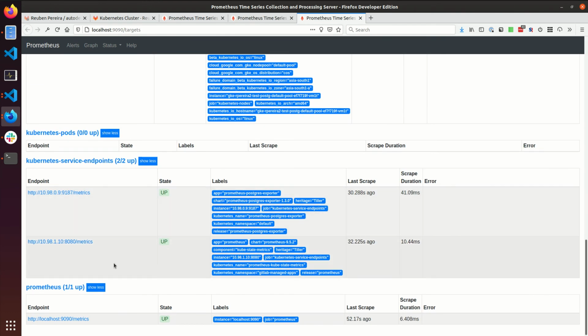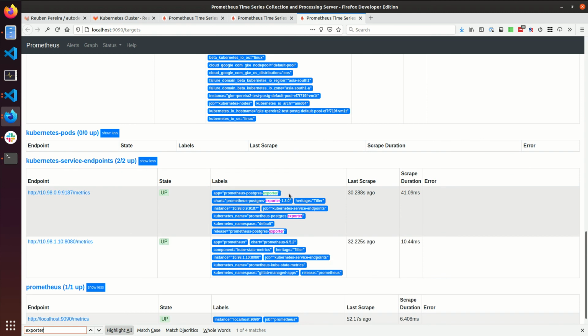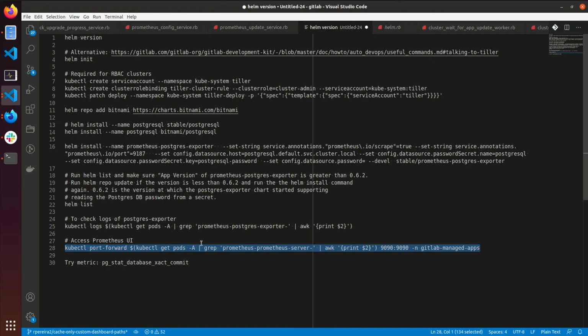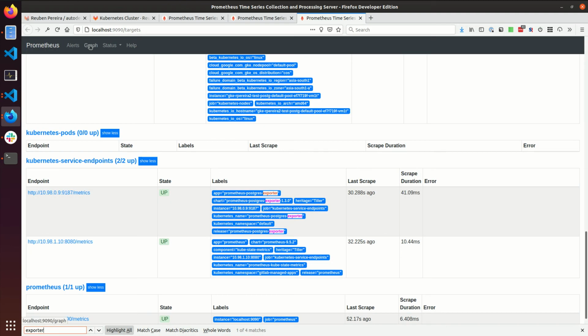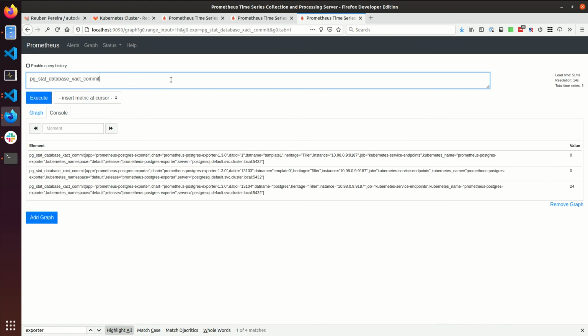Here you can see there's a new service endpoint, and it's the Postgres exporter. So let's check if this metric is available. And it is. So the exporter has been successfully installed, and Prometheus is scraping the metrics provided by the exporter.